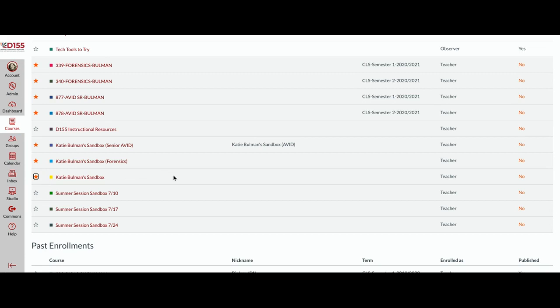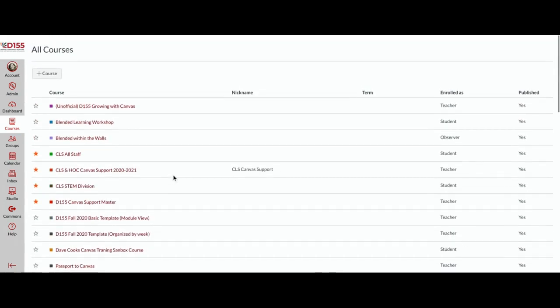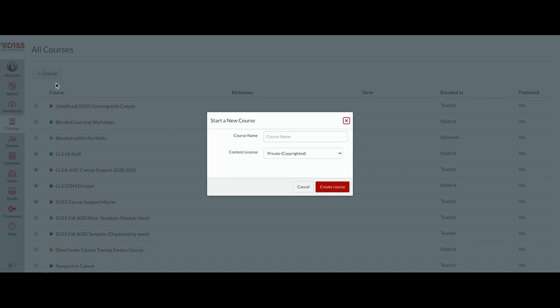again. If I scroll all the way back up to the top, in the top left corner is an Add Course button in gray. This is where I'm going to click to create my new sandbox course. You'll want to give your course a name or a title. Best practice is to include your full name and the word sandbox. If you have multiple preps that you plan on making a sandbox course for, you could type that in parentheses or somewhere after your sandbox designation. Then create a course by clicking the red button,